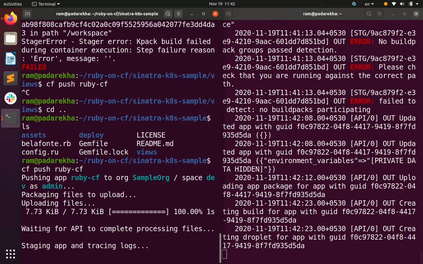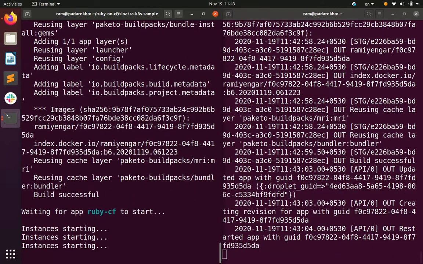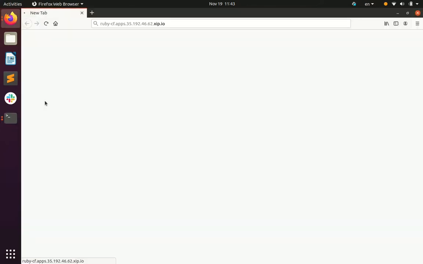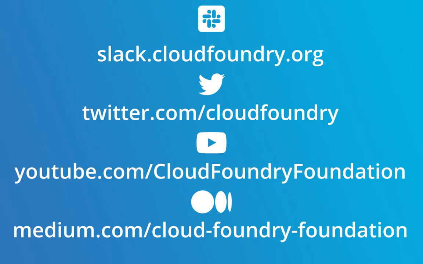And we wait for the app to be deployed to staging and the containers to be generated and started successfully. When we see that the build has succeeded, we can switch to the browser and refresh the page. And we can see that the app has picked up the new changes. Now that's the demo we had prepared for you in this video. You saw how to deploy your first Ruby application to Kubernetes.